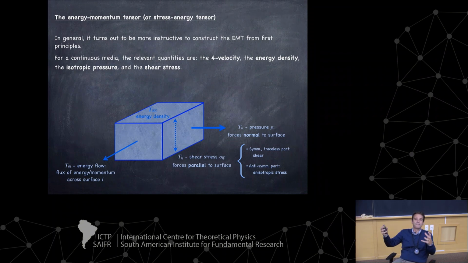And you have the energy flow, of course, if this whole thing is moving somewhere. It's taking the whole fluid from here to there. This is energy flow or momentum, if you want. This is, again, in close analogy with the Poynting vector of electromagnetism, which corresponds to momentum density, but also to an energy transfer from one point to another. So that's the energy flow, or the momentum that is crossing some surface here, okay? So this is basically how you build the physical quantities that you can think about on the basis of the energy momentum tensor,